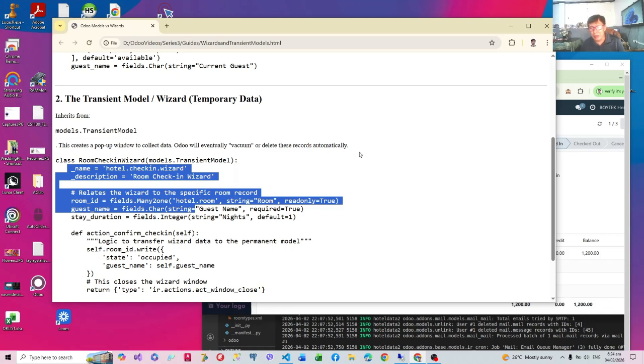So the transient model is our means of getting user input. But later we are going to save the actual record into the actual Postgres table or Odoo model. I hope you follow.